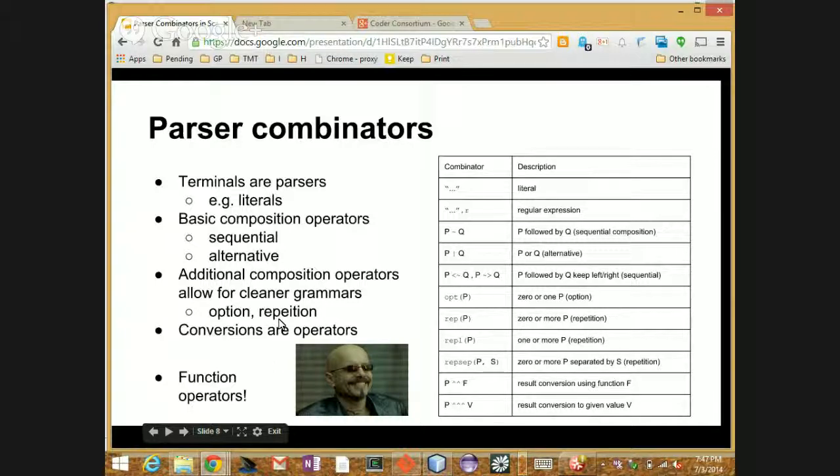And what's really cool about this is that these are all done in Scala with any function that you define. You can actually use all the special symbols. You can define a function. In this case, the symbol for sequential composition is the tilde.